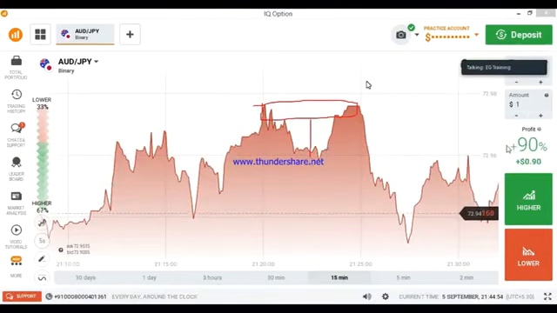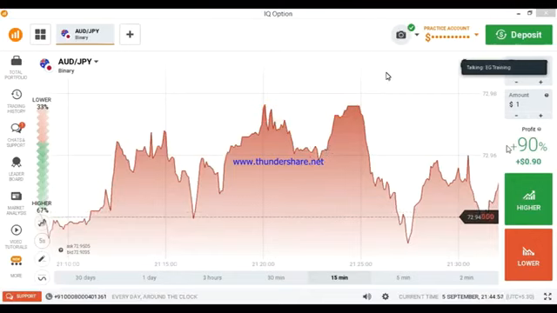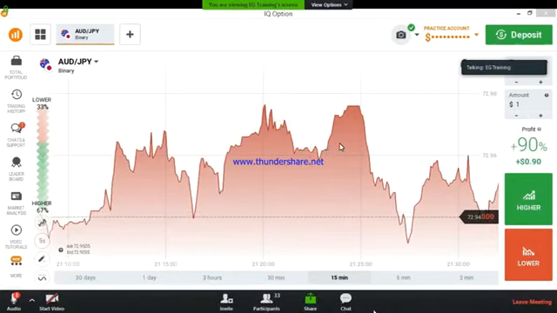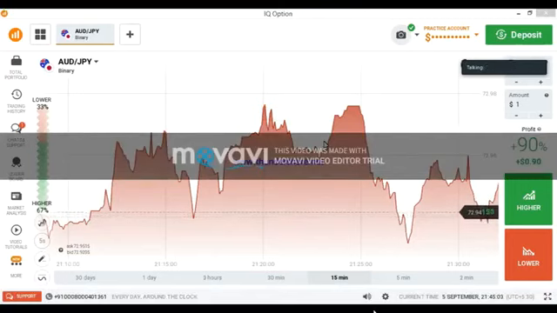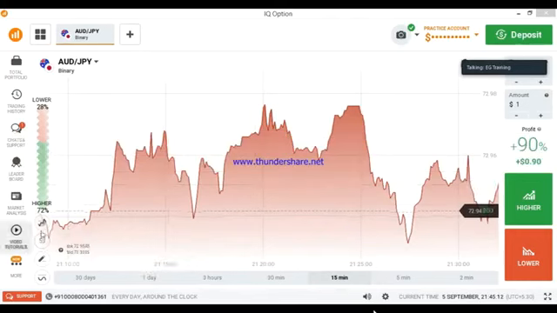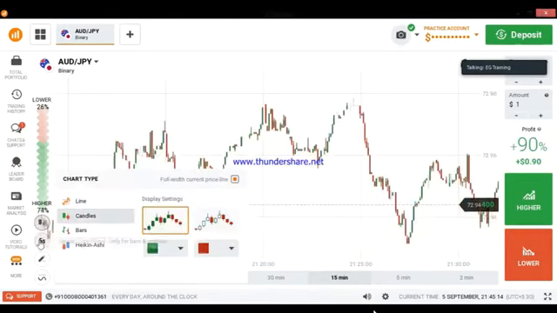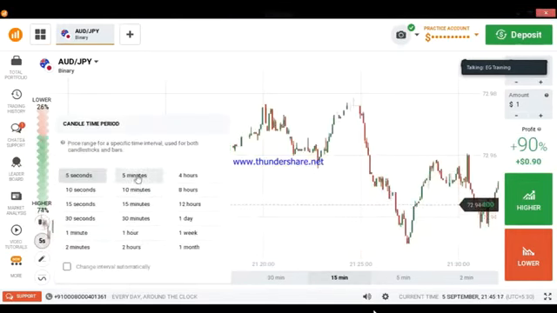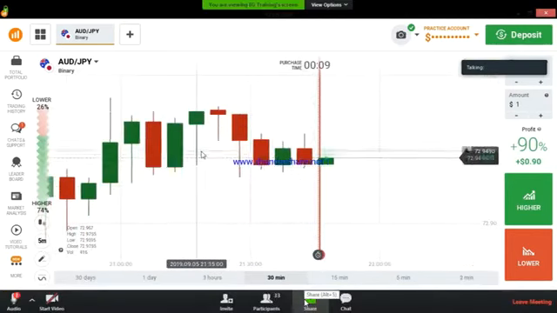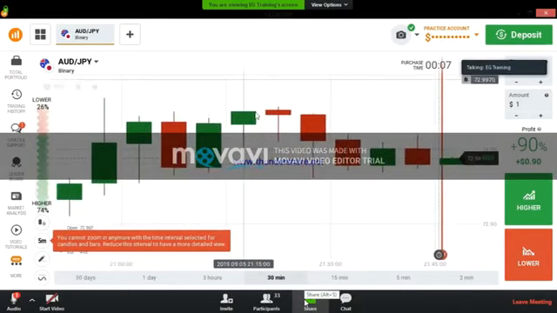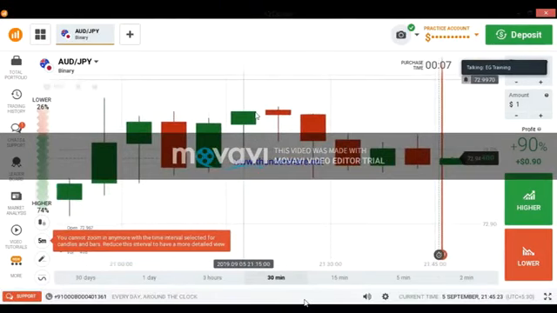Sometimes we can't understand the buyer's entry and seller's entry in the graph chart. That's why we need to apply the candlesticks. We need to see the candlestick to know what is happening in the market. And if you convert it into the candlestick chart, I will show you. Okay, here if you convert it into the candlestick chart, then you will come to know what is happening in